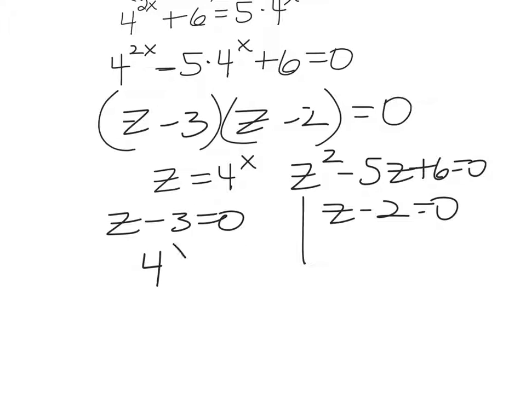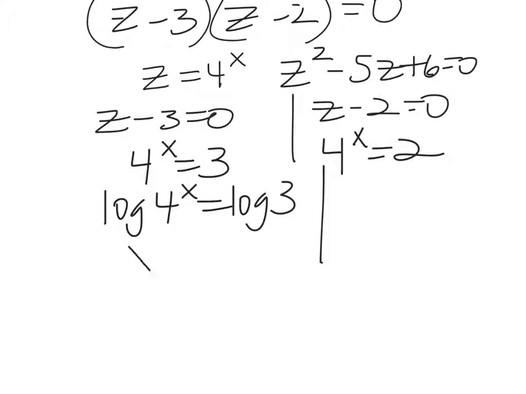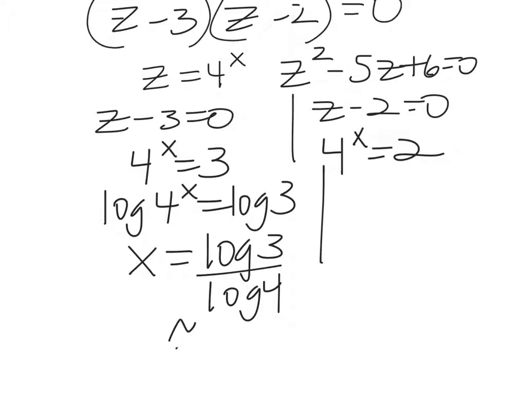All right, so go ahead and substitute z back in, which is 4 to the x. 4 to the x equals 3, and 4 to the x equals 2. And then from here you can log both sides. Log of 4 to the x equals log of 3. So x would equal log 3 divided by log 4, which is approximately